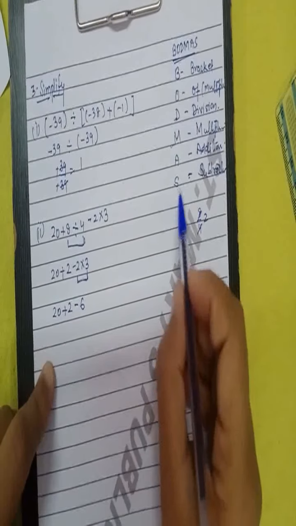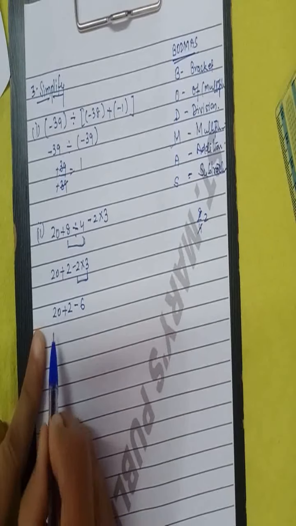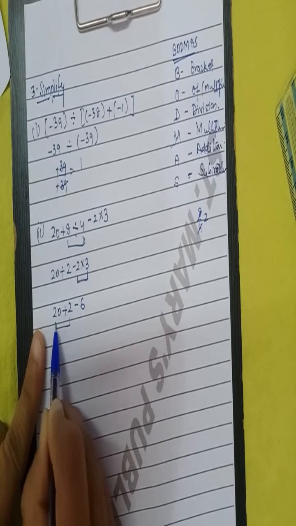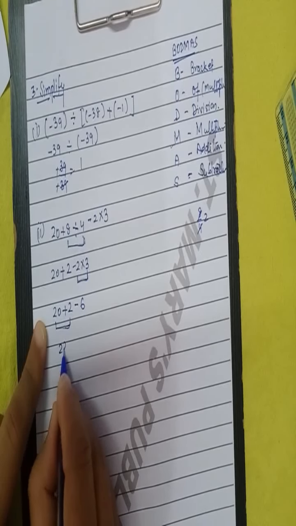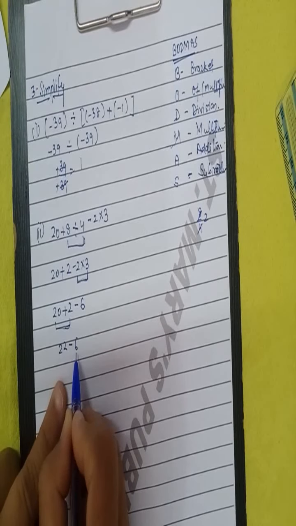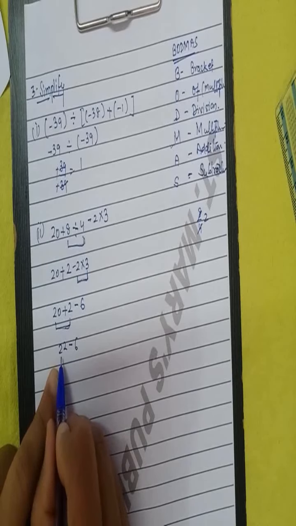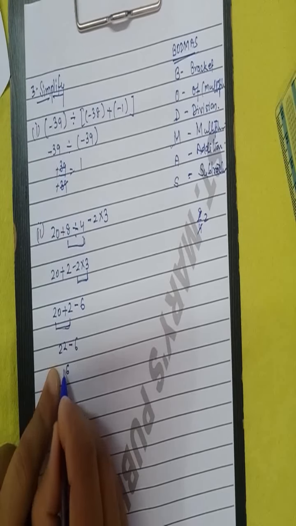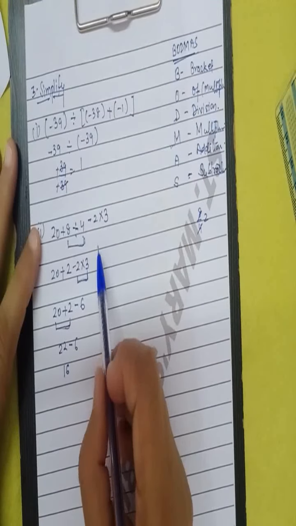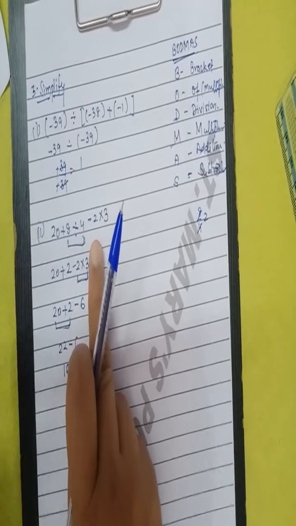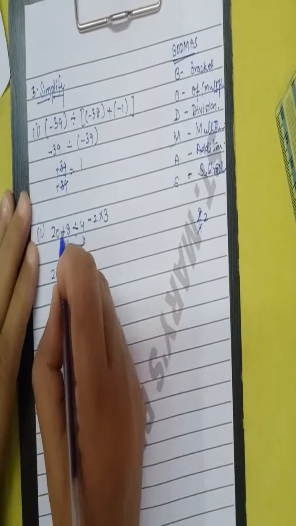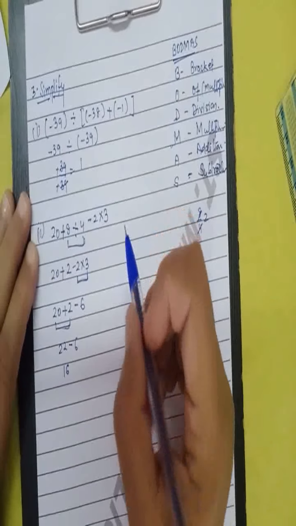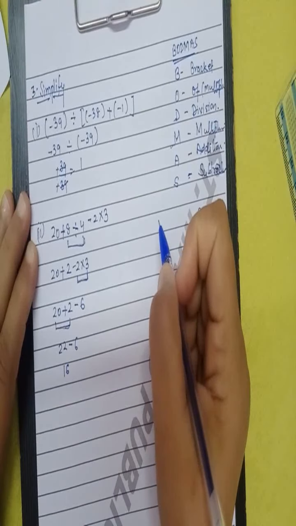Now right now we have to add. So that means we have to add first. The sum of 20 plus 2, we get 22, and then we subtract the 6 out of 22. So what number are we getting? 16. So now in this question, we have checked how we can apply the rules at the time of solving questions.